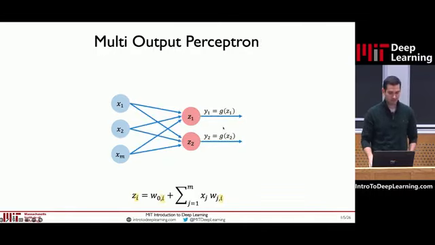Now let's define a multi-output neural network. To do this, we just have 2 neurons instead of 1. They will both see the same inputs, but now they will have their own independent weights. So each neuron has its own 3 weights. It sees the same 3 inputs, but it now can output 2 different answers because it has 2 different sets of weights.